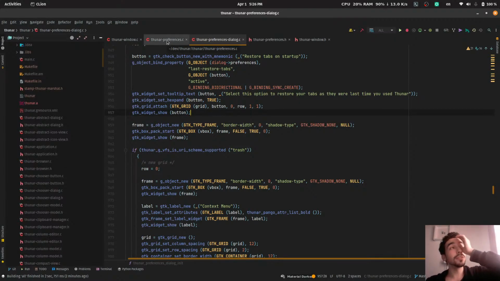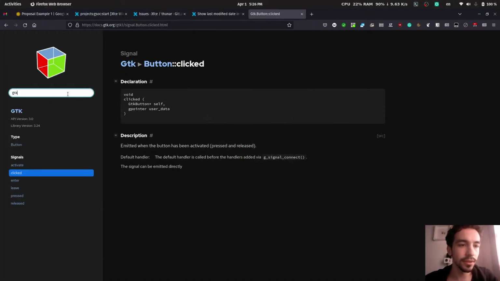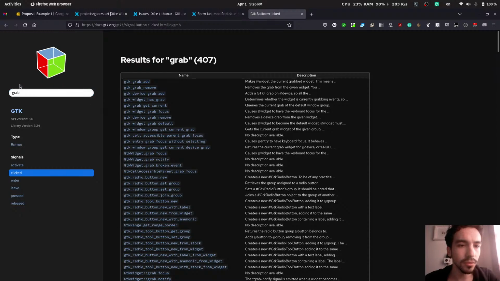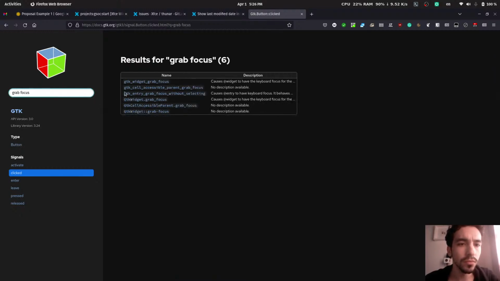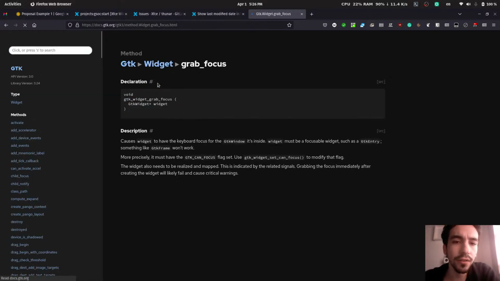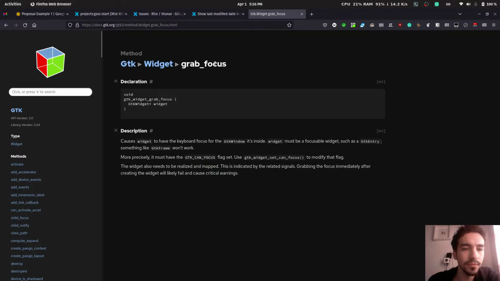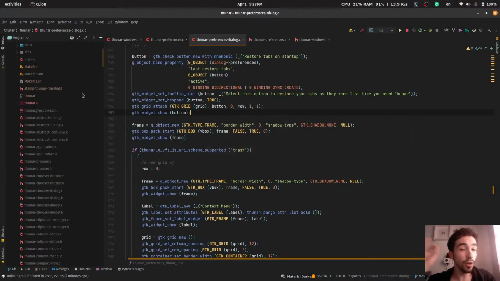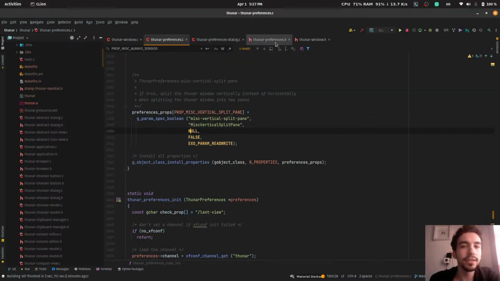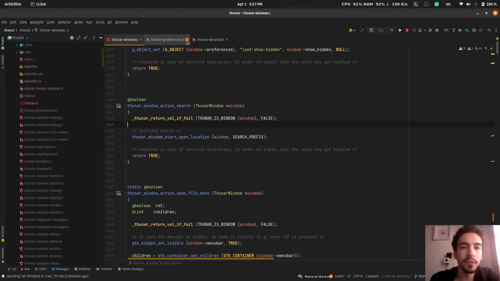Essentially, what you would probably do, there are various focus grabbing functions. Like if I go here and say focus, yes, gtk_widget_grab_focus right here. So you can go to the documentation and just write something, and you will probably get what you want. Another interesting thing is the key press events. So if we can look at that,